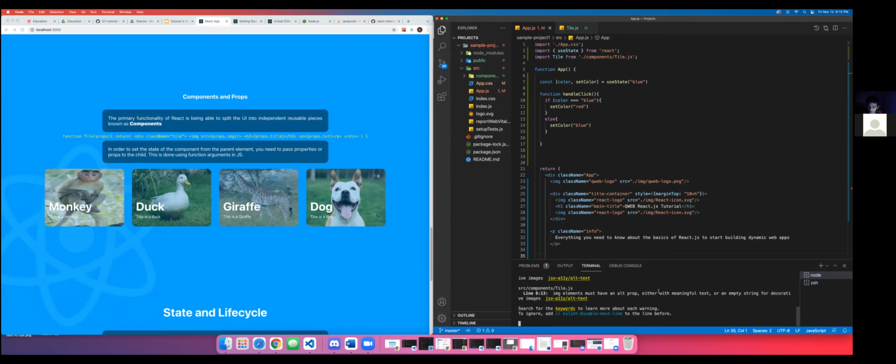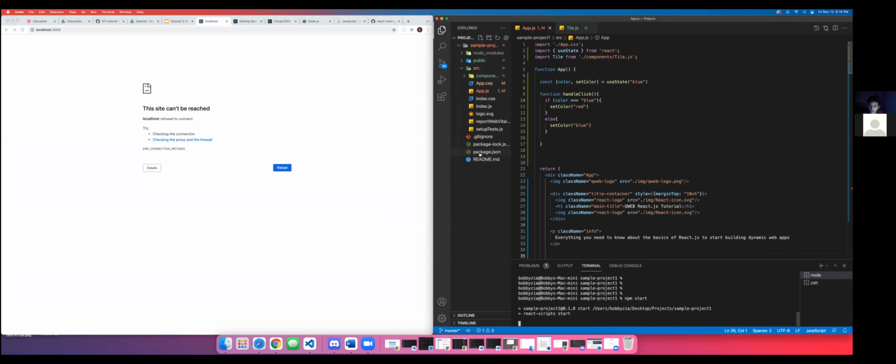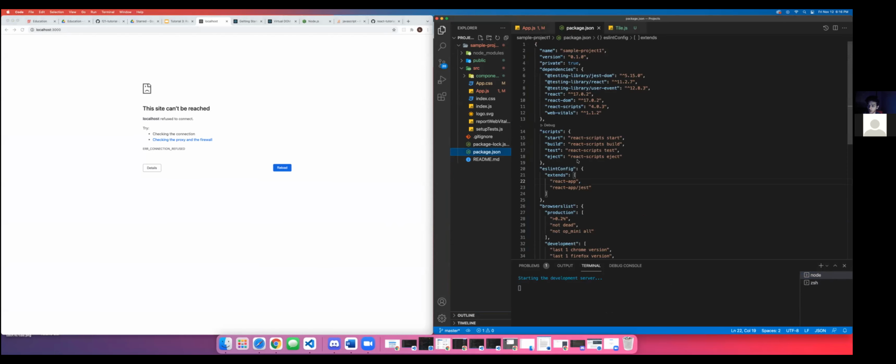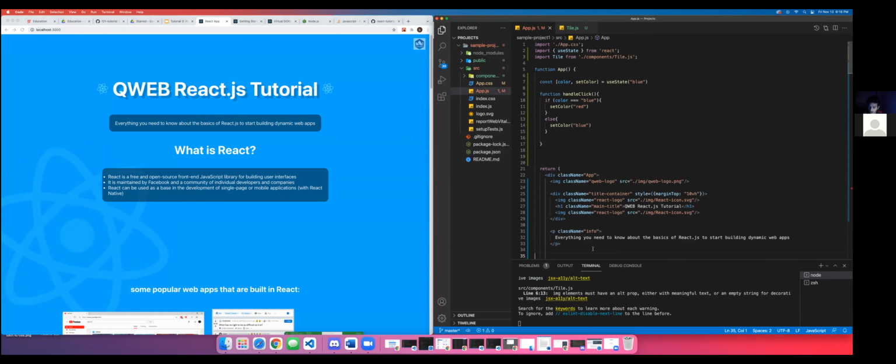Let me just show you guys right now. If I refresh this page, it's dead because I just killed the process. But now say I want to start my React project up, I would use a node command, which is npm followed by start. And once again, I'm pretty sure in the package.json file, we have this as a script. We have the start command as react-scripts start. So basically you just run npm start and it will start up your web page in this local